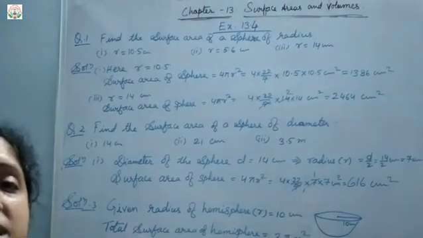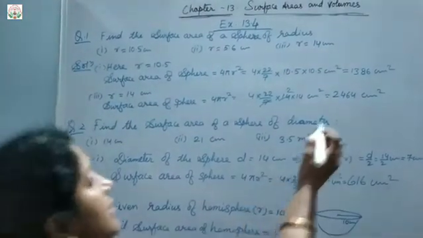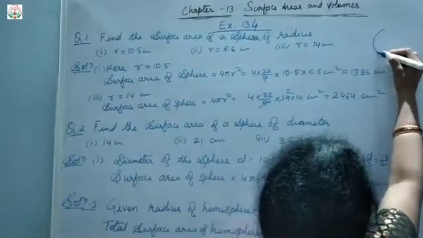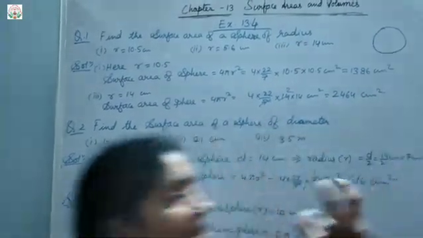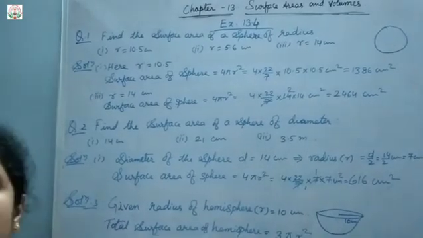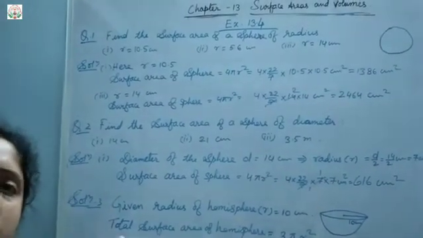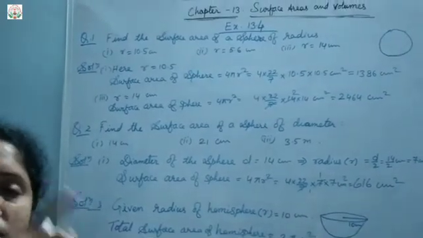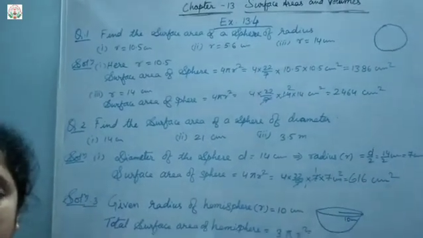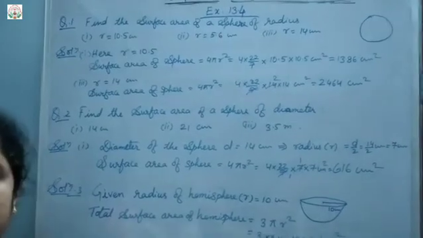So a sphere is a 3D figure of a circle. A circle we know. A 3D figure means something round, like a ball. You might have seen it when you are playing with a ball. Wherever you turn it, whichever side you turn, you will get a circular face of it. So that is why it is a 3D figure.